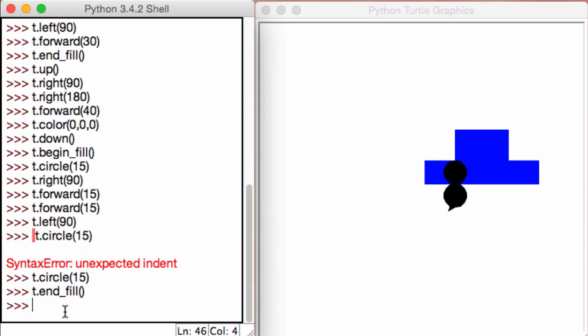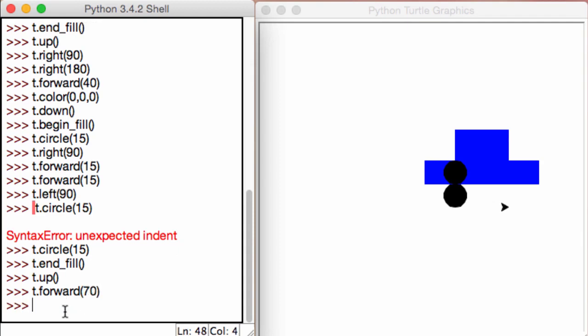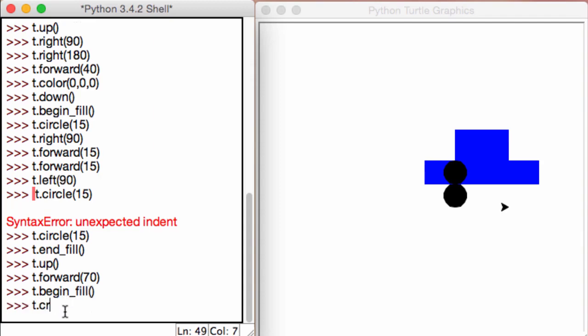Alright, so let's do this exact same thing for the other side. T.up, so that we don't get any of those random lines. T.forward, move it, let's say, 70. And now just go ahead and call that circle function. Oh, actually, before that, t.begin_fill to make sure that we actually get the color inside of the circle. T.circle